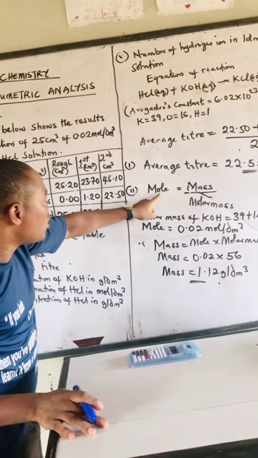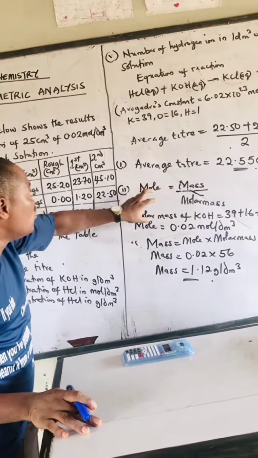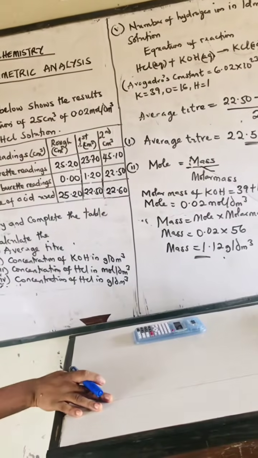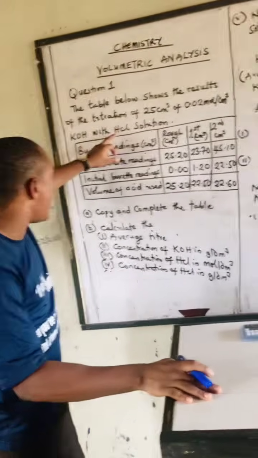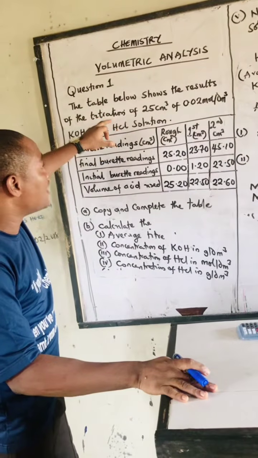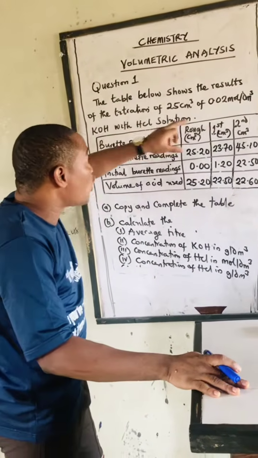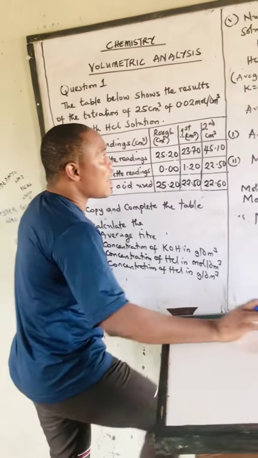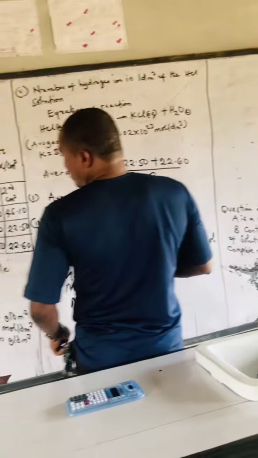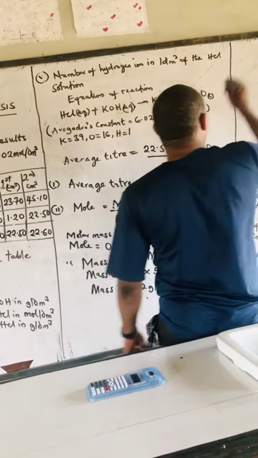Look at this. Mole is equal to mass over molar mass. You can only use this to calculate your mole when you have the mass and the molar mass. But now they are not giving the mass of this. You cannot even calculate the molar mass because they didn't give you the atomic mass of chlorine, which means we are going to use another formula for titration, which is